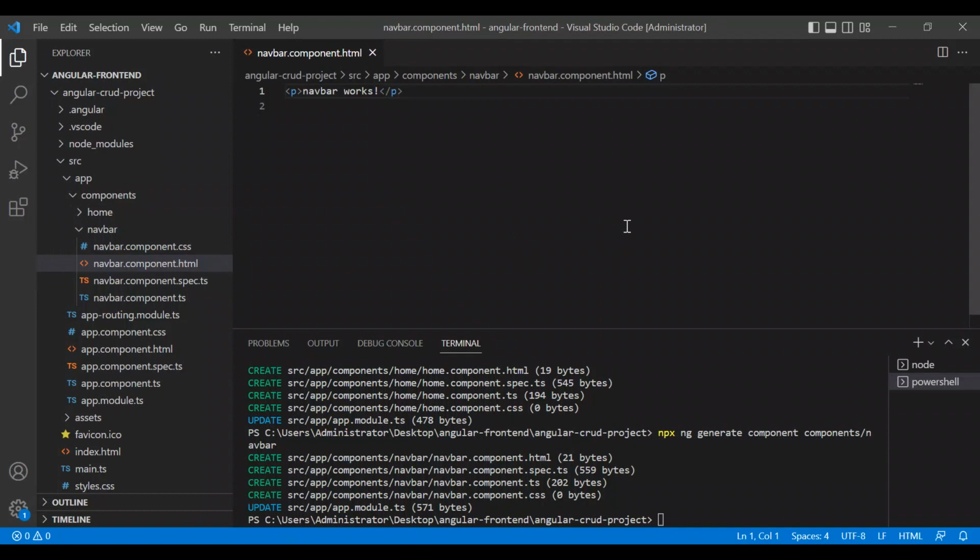If you want to install Bootstrap in your application, you can type npm install Bootstrap, and it will install the latest version of Bootstrap in your application. But I'm used to Bootstrap 4. Of course, you can also specify the specific version that you want to install. I usually work with Bootstrap 4, but it's not very